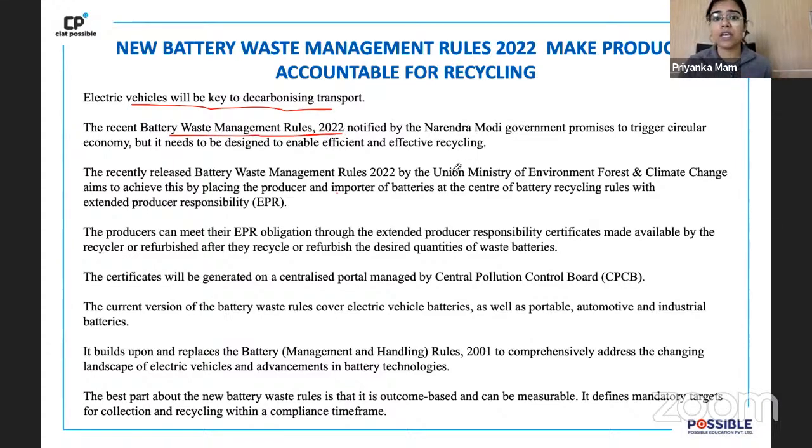Who has come up with this? Very, very simple: the Union Ministry of Environment, Forest and Climate Change, Bhupendra Yadav. And they have spoken about, as I told you, triggering something called the circular economy, and we know what the circular economy is. And the second thing is, now the onus is upon the producer and the importer of batteries, right? You have certain responsibilities, you fulfill those responsibilities. You will get these certificates also, if you are refurbishing and recycling according to the circular economy. Otherwise, a penalty will be imposed.